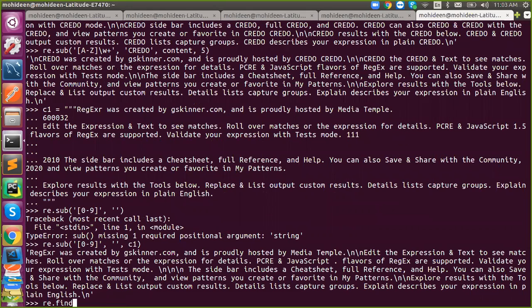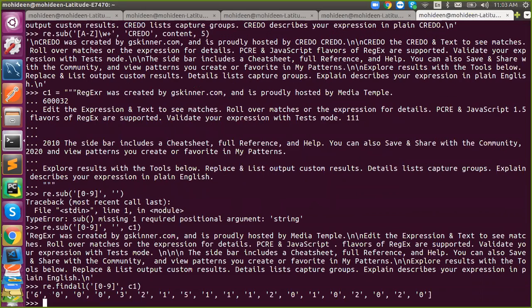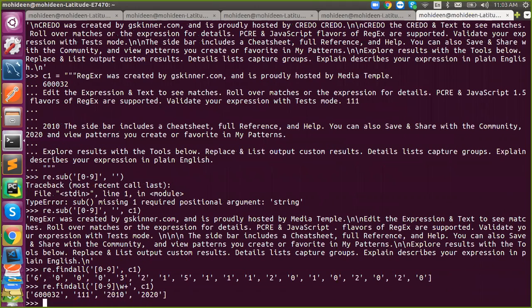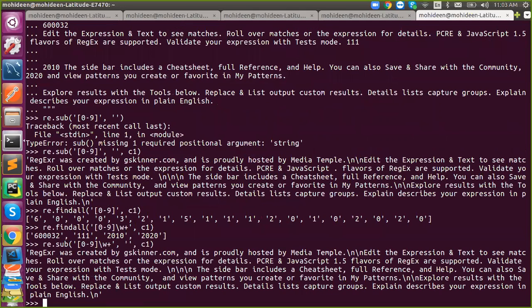If we say findall, it should be inside a string. So you got each and every character, because that is what I said. If you want the complete word, just say w. Understand? So anyway, this will work. So in sub, you can even replace each character with a single empty string, right? Anyway, it is an empty string, it is replaced. So this is about sub, which means substitute. So here I can easily neglect my integers.